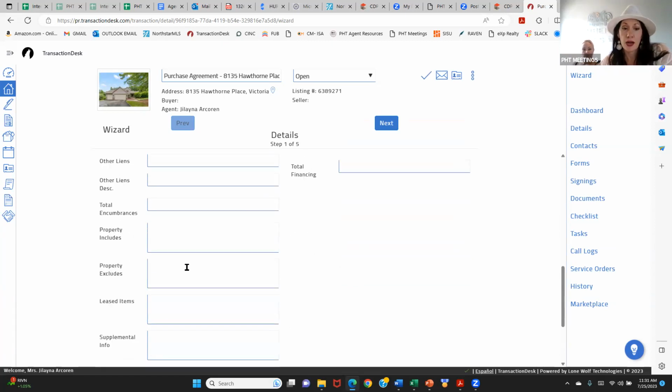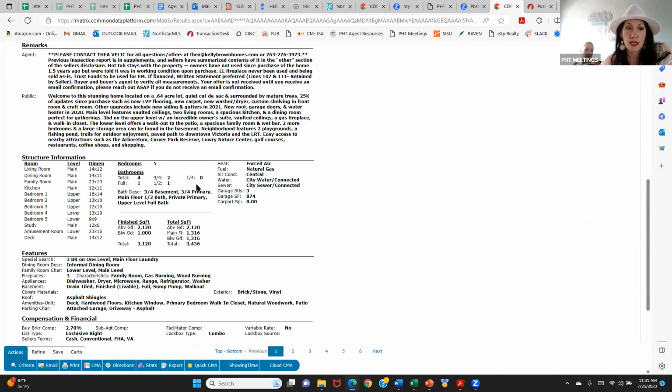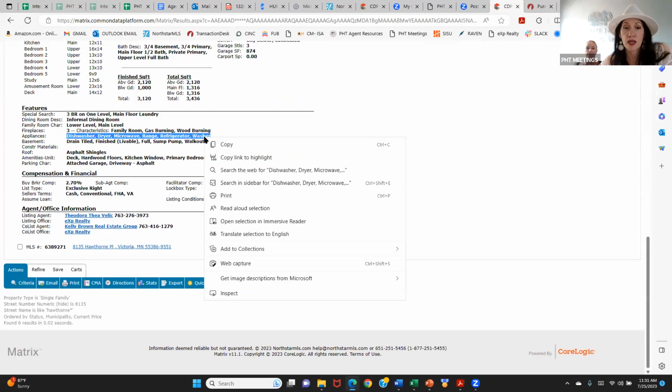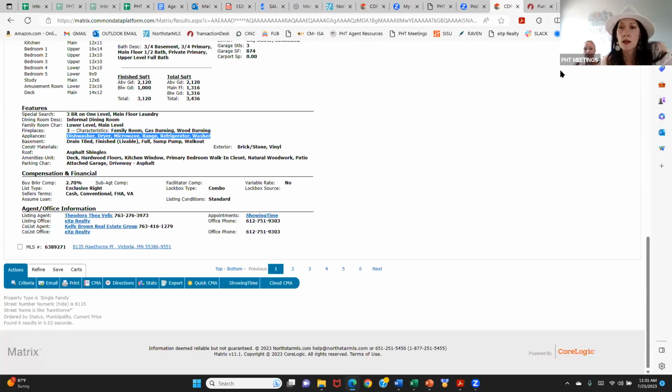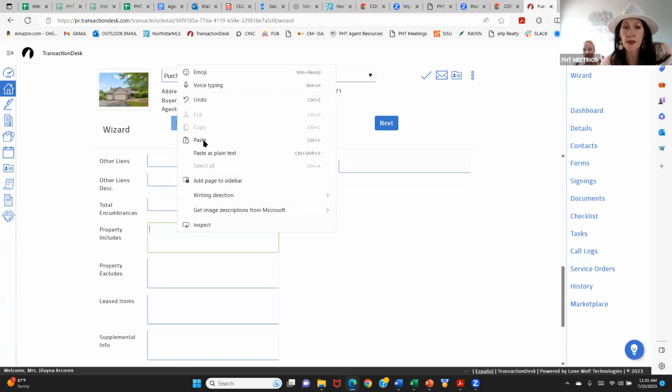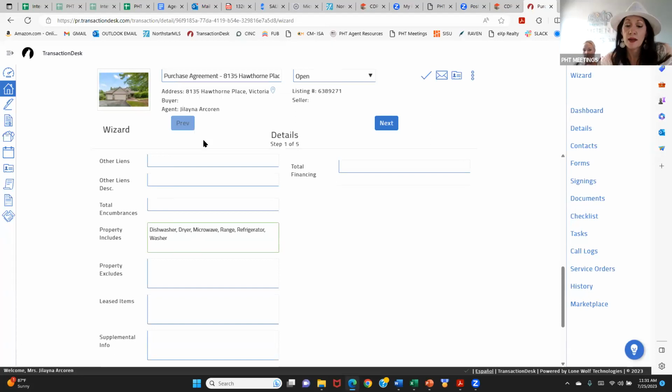And down here under what property includes, I always like to go back to the listing and highlight what it states under appliances. So scroll down and it says it comes with a dishwasher, dryer, microwave, range, refrigerator, washer. Copy that, then go back over and paste that in. This is going to show up on the first line of your purchase agreement. I'll also add to that